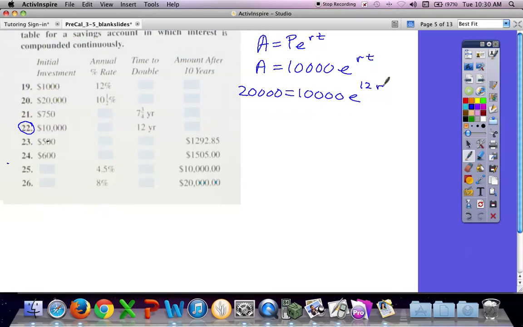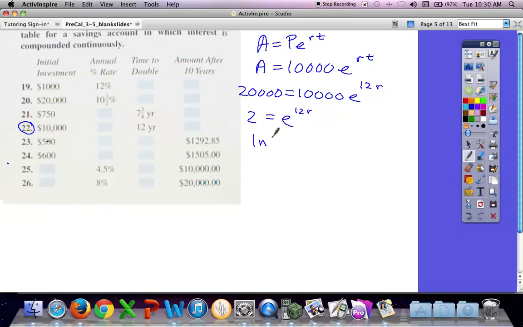Did I mix it up? T is 12, so I've substituted for the T. That's right, isn't it? It's time to double. So 10,000 becomes 20,000 if it doubles. Right? Now if I divide both sides by the 10,000, I get my 2 again, e to the 12R,